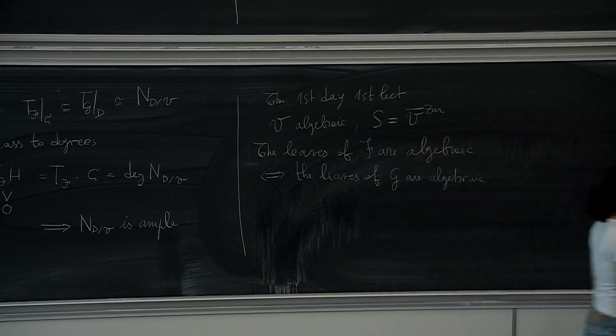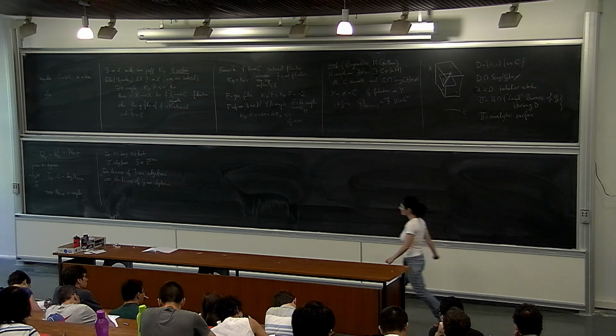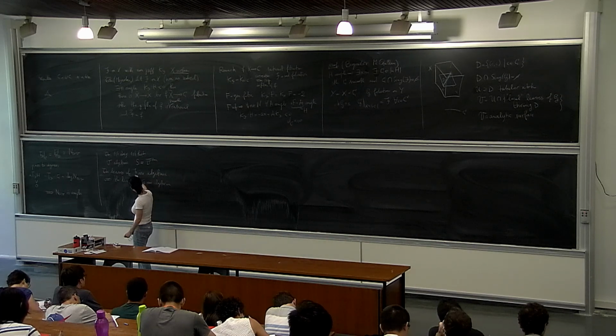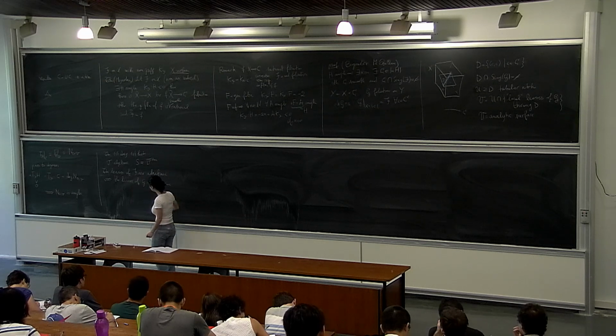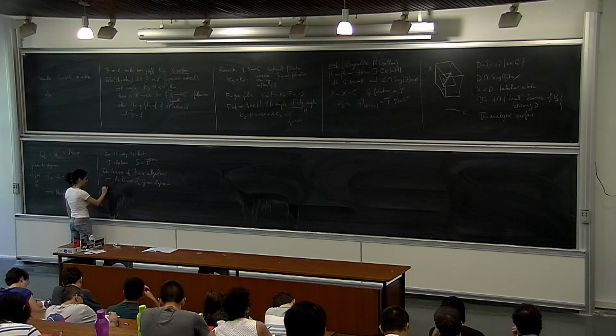So this nice construction is a way of separating the leaves of F passing through C, but they are basically the same. So those ones are algebraic if and only if those ones are algebraic, and we just proved